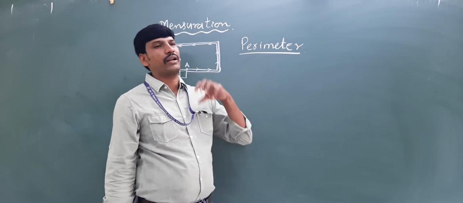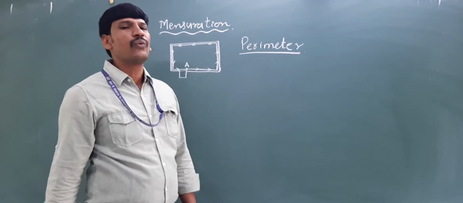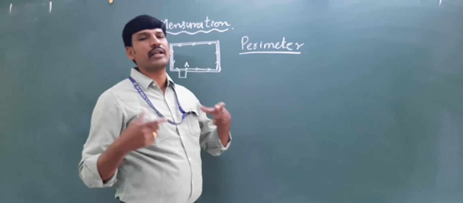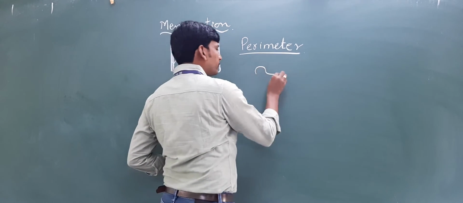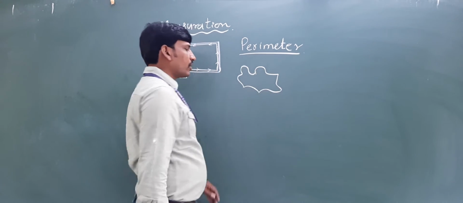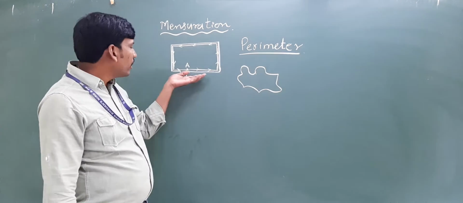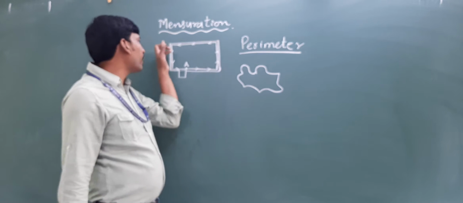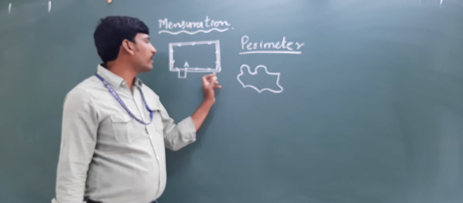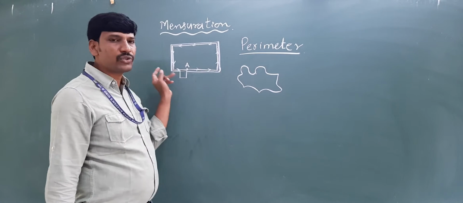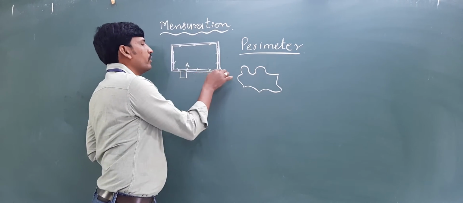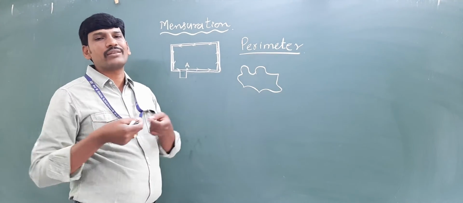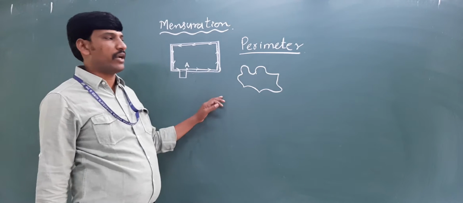Now let us discuss some regular shapes and some irregular shapes also. What is meant by irregular shapes? Which is not a particular shape. An irregular shape is not a particular shape. See, this is called an irregular shape. So here, compare these two shapes. Here it has a simple closed figure. You can find the total length of this figure. Total length means total distance from point A; you need to measure with one rope or one string or one thread, or by using a scale also you can find it out.